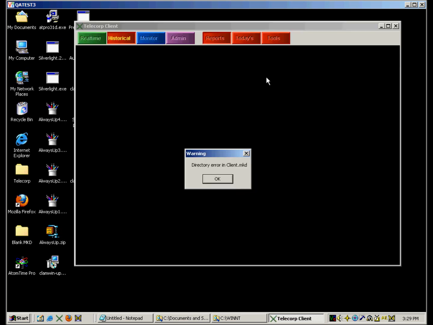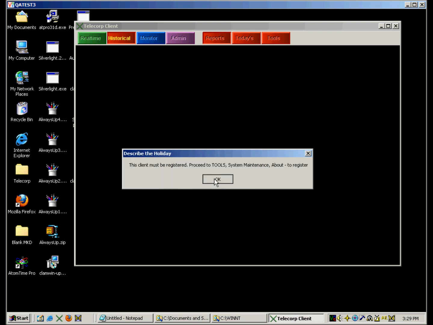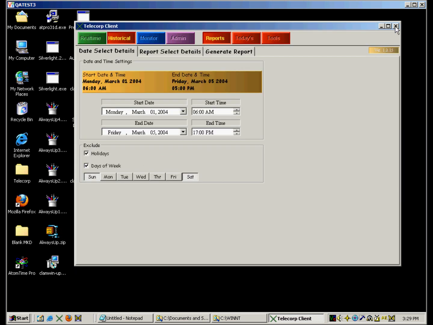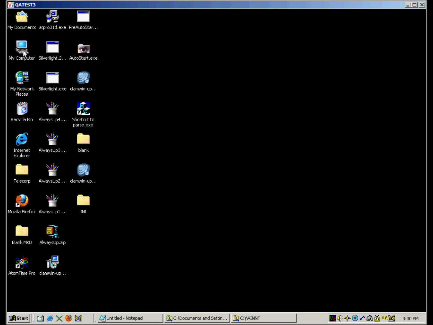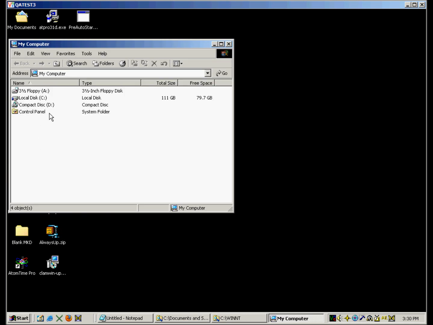In order to communicate with the server that houses the Telecorp database, each client PC with our reporting software needs to have a drive mapped to the database on the server PC. We typically try to use the T drive if it is available and does not conflict with the IT setup